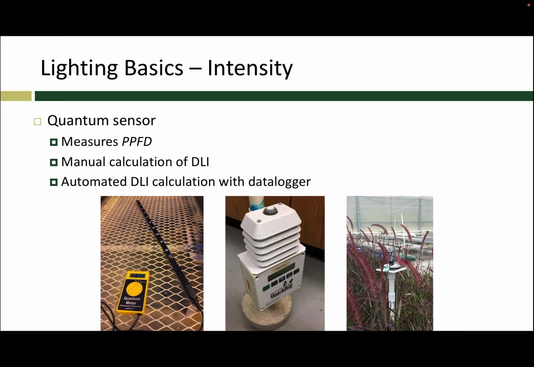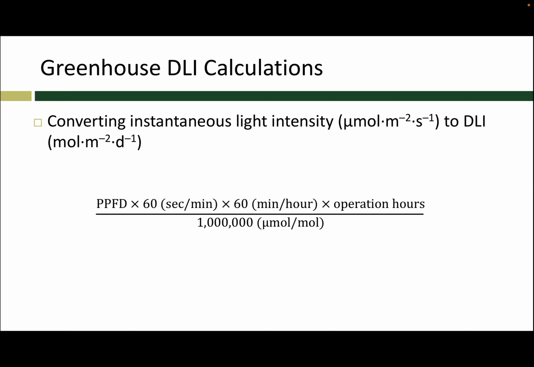So a lot of these systems can be automated. However, I think it's incredibly important for us to also know how we can calculate some of these DLI as well as PPFD by hand, so that we can better understand some of the applications we may want to use in a greenhouse environment. And so that's what I want to work through next, is really looking at how we can convert between PPFD and DLI. And we do that by using this equation where we can see that DLI is going to be